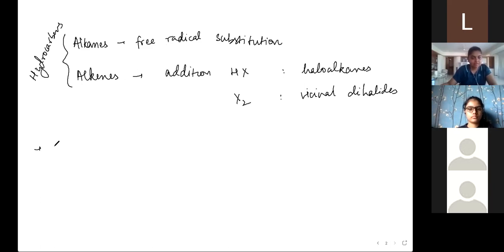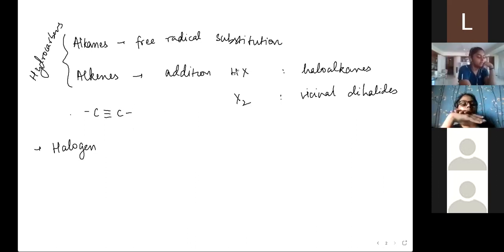And ma'am, why aren't alkynes included in this? Just out of curiosity. So alkynes, again, have a triple bond, right? So you can still add HX. This is a good question. What do you get if you add HX to alkynes? In the first step you get an alkene, and then you continue the reaction. And what do you get? So then you get an alkane. Just a second, work it out and tell me what happens.